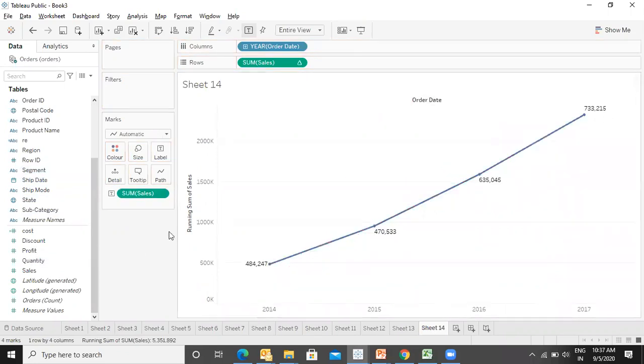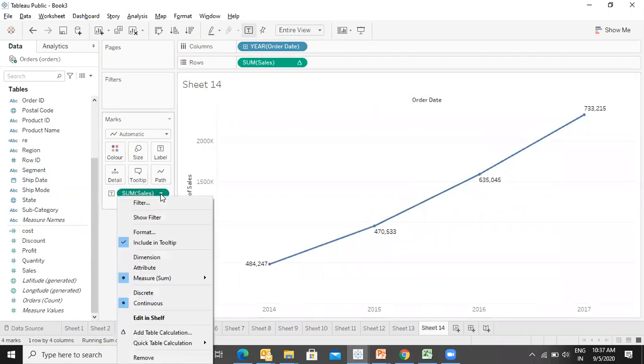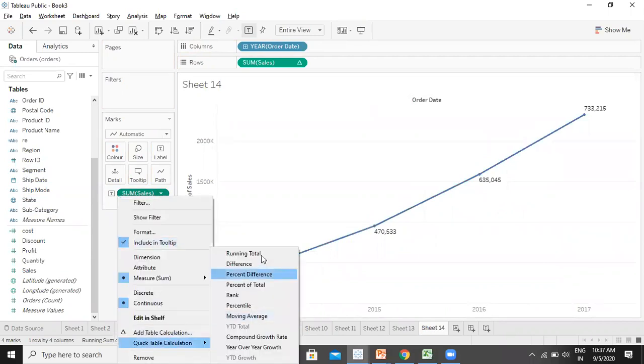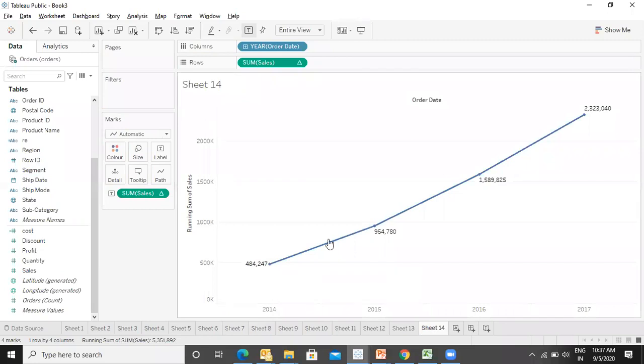So these are the individual ones. Now I'll go over here, quick table calculation. I will say running total. Now I'm getting running total. So this is the final sales. We started in 2014 from this much sales, and till 2017 we have generated this much revenue. Are you getting this point? Can you show the older graph?